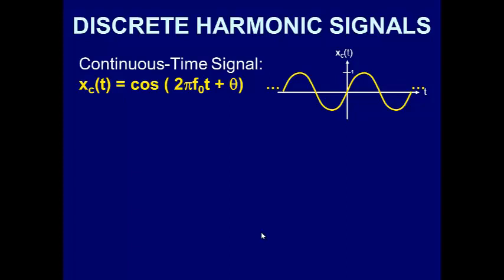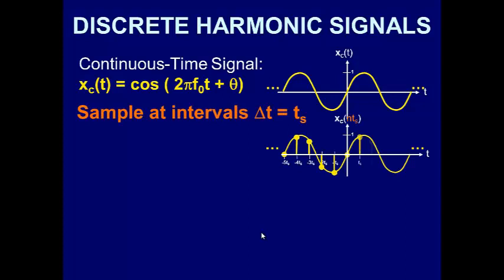Now, sometimes things don't go as planned. And so today we're going to look at how can I sample a continuous time periodic signal, and the result get a periodically repeating set of discrete time samples. Is this a periodic signal? Pure cosine. Completely periodic. All right. If I sample it every t sub s seconds, or at a sampling rate 1 over t sub s,